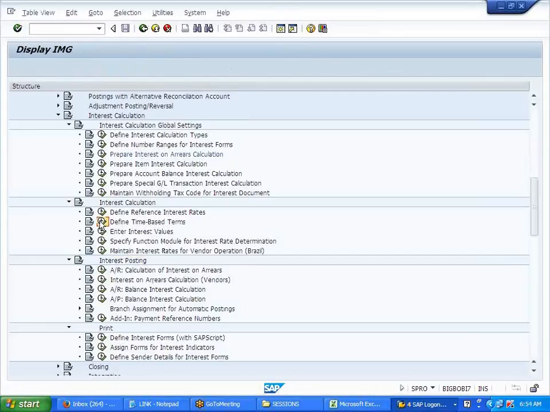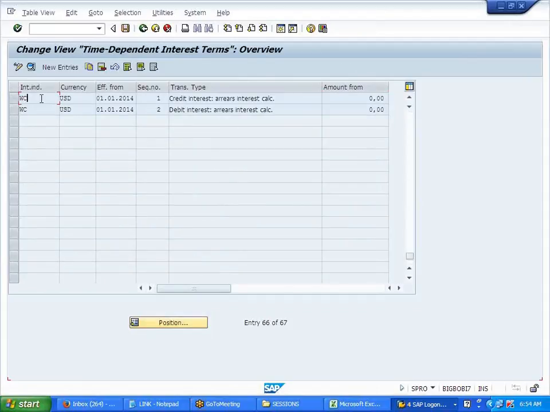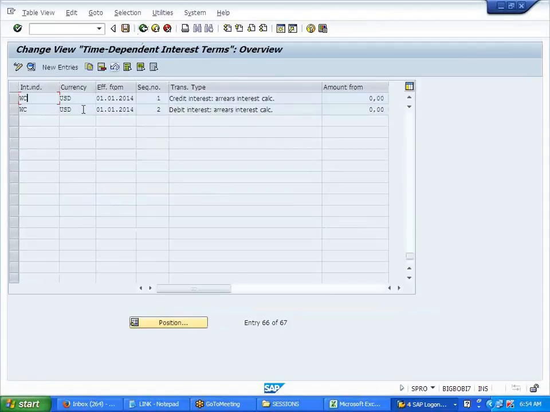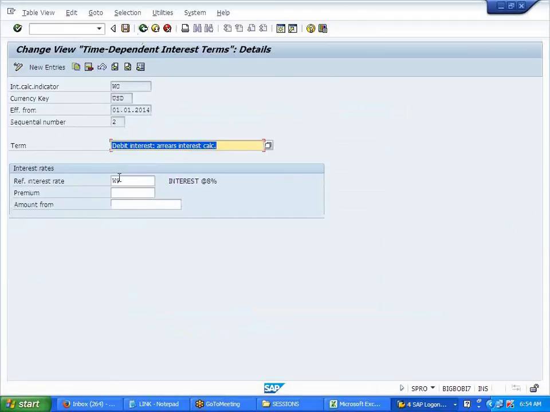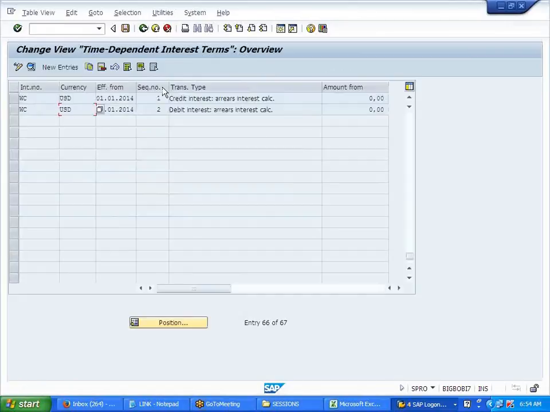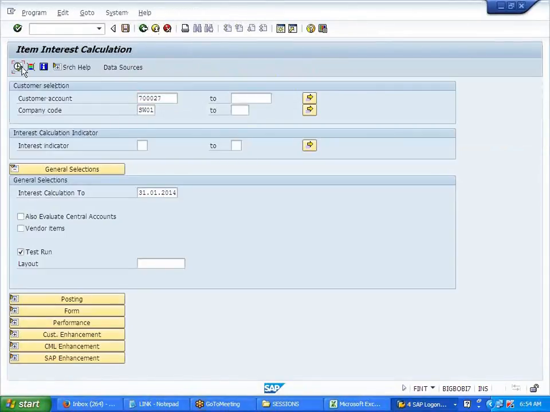For the time dependent terms, WC, 12%, I gave it over here directly. W9 I gave for the debit. That is picking perfectly right. So let us remove this W9 and give here 10%. So back, execute.